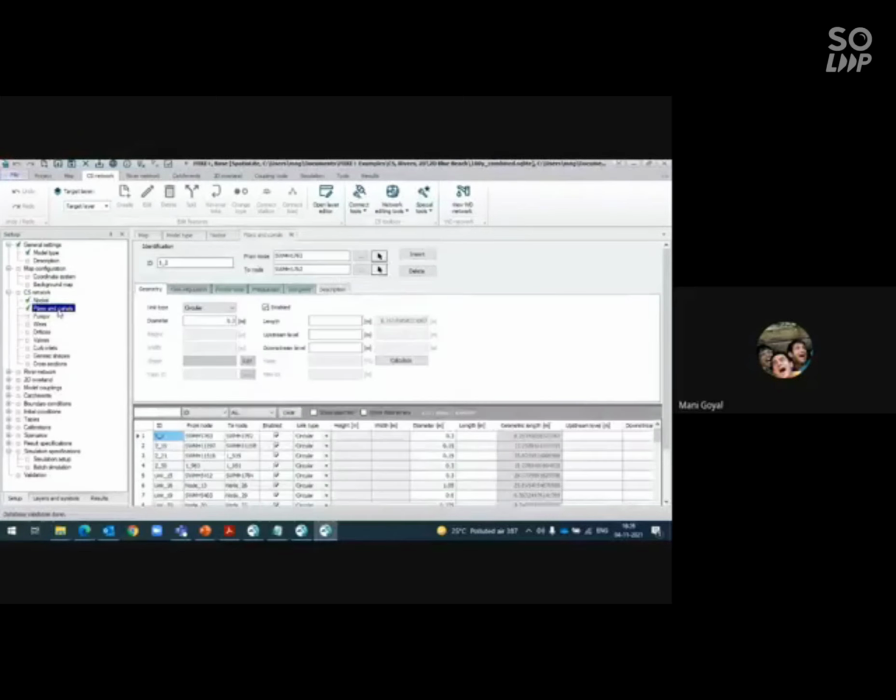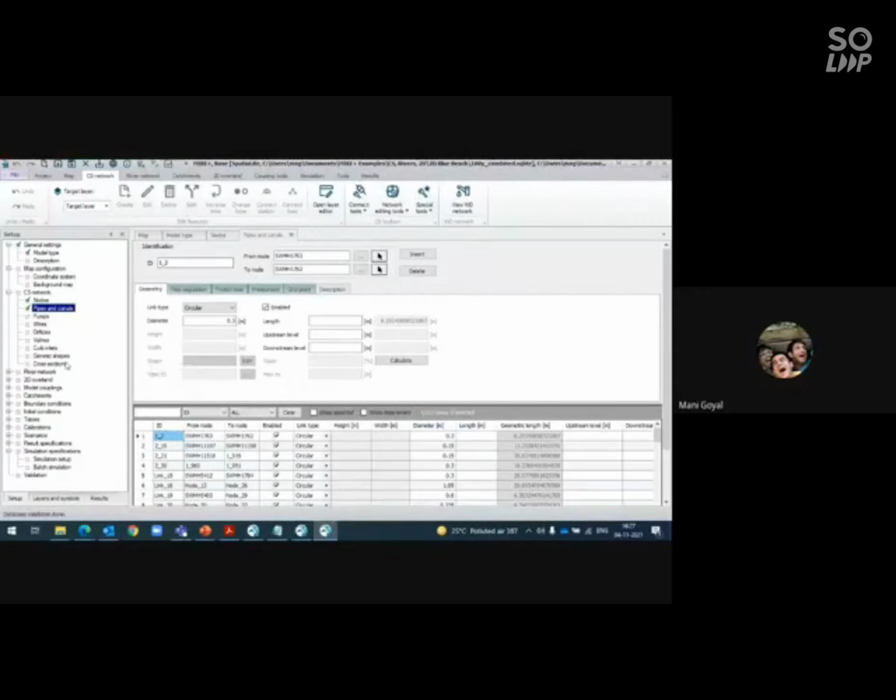Then pipes and canals, on the basis of your bottom level. The collection system follows gravity flow, so you need to take care that you are connecting higher elevation to lower elevation. The connection of pipes should be in that sense. So this will be your collection system: simple two things. One is your nodes, then your pipes and canals. This is the simple collection system.